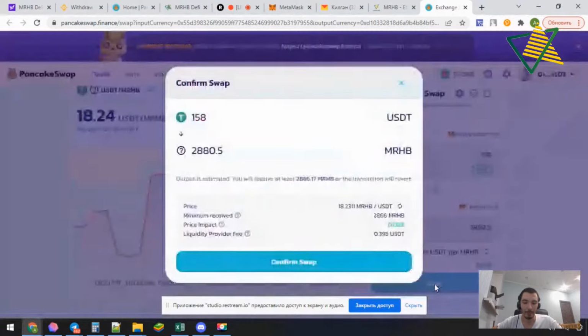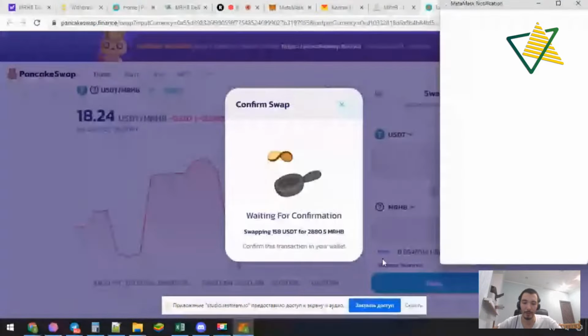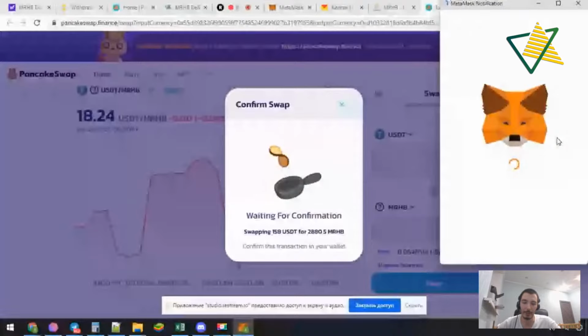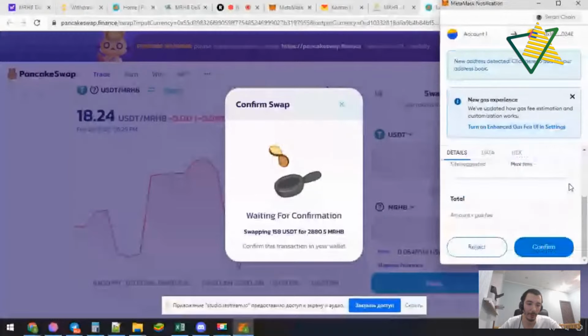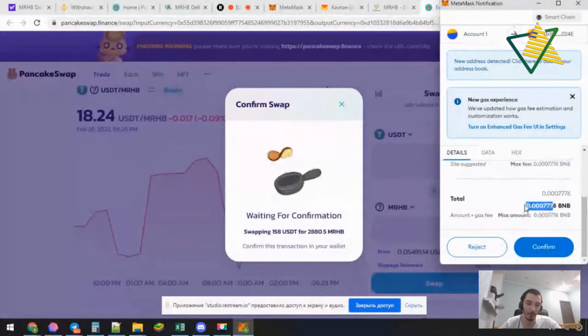We are pressing swap, checking again swap, and confirming in our MetaMask. So you see BNB is used to pay fees, and you don't need a lot of BNB for that. Confirm.